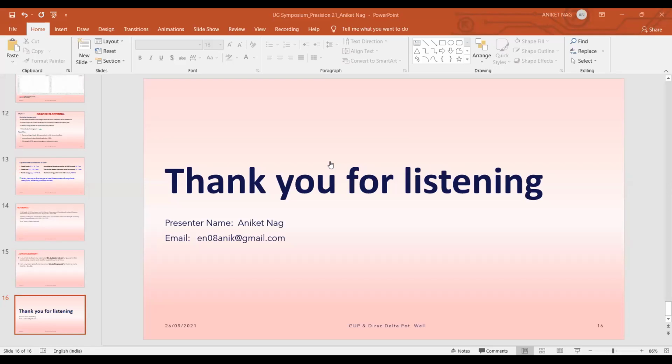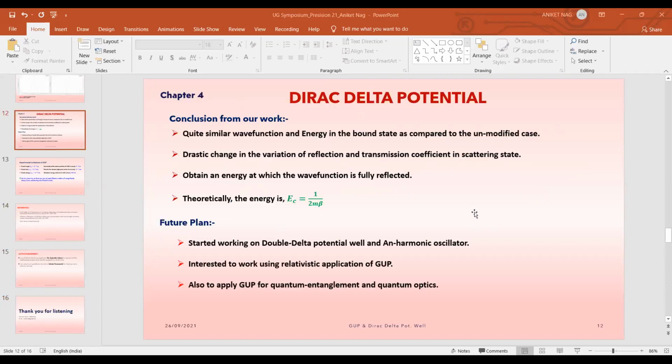Okay, so the next question is from Saurabh Ghosh. He asks, why only Dirac delta potential? We could incorporate any other potentials. Can you kindly clarify? Yes, obviously, because this work is very outdated. Everyone did that work on many different potentials, but no one did the work on the Dirac delta potential. So I have already shown that this is the reason.